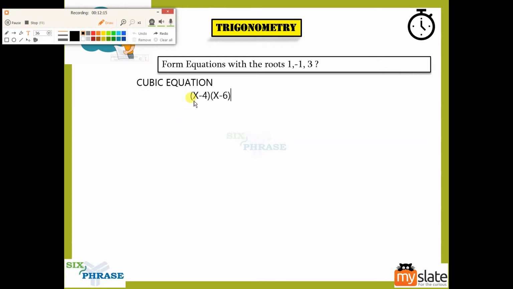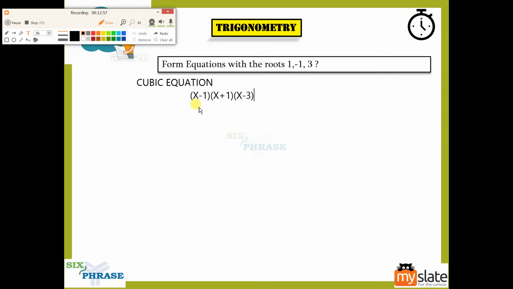Now this is how we'll say it, the roots are 4 and 6. In a quadratic equation, if we have x minus 4, x minus 6, we say the roots are 4 and 6. So if the root is 1, instead of 4 you change it to 1. And if the root is minus 1, instead of minus 6 this becomes plus 1. That is for quadratic. For cubic you just have to add one more term of x, so you'll get x minus 3. If the roots are positive, here you will have negative. If the root is negative, you will have positive here. I hope you understand that.